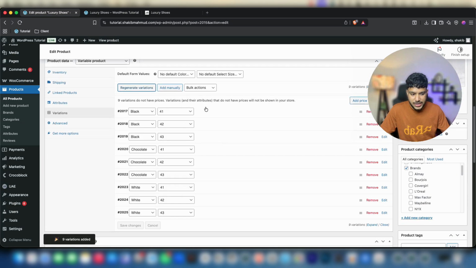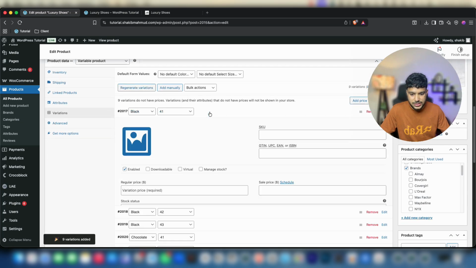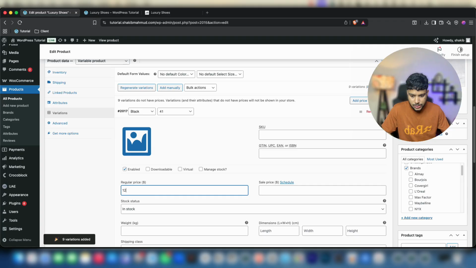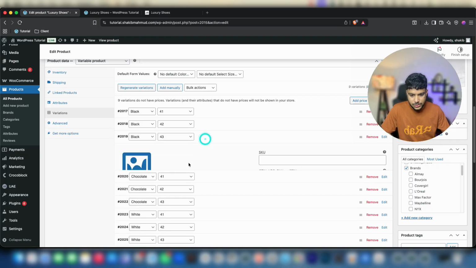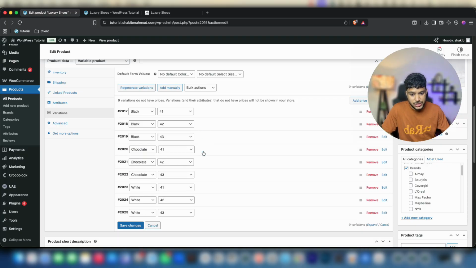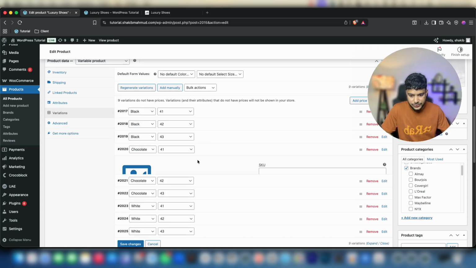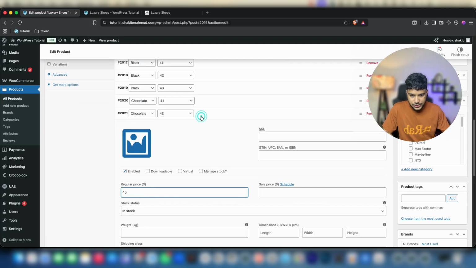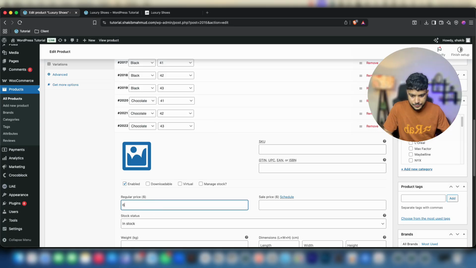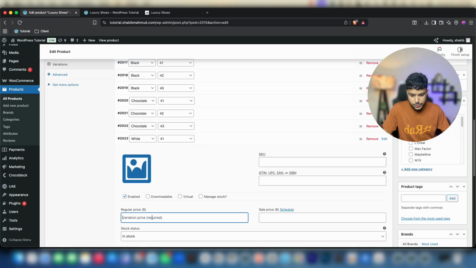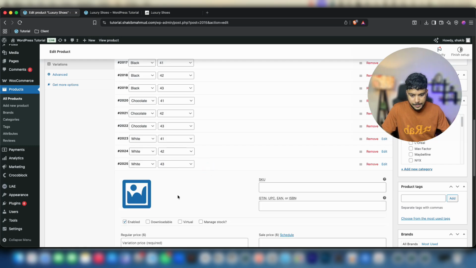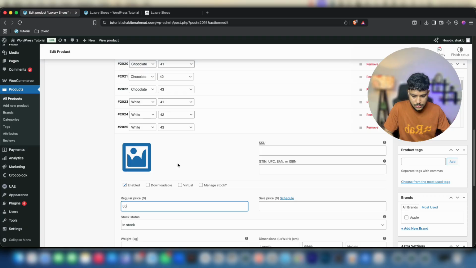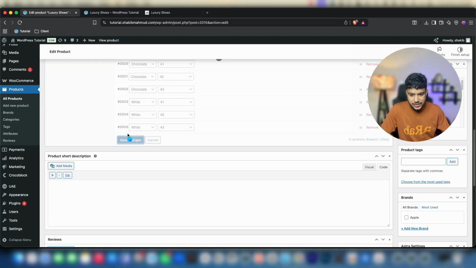Now here all the variations are added. So for the black and 41 size, this is the price. Let's say I'm putting 12.30. Let's give it a standard. This one is 31, 32, 34. I'm just showing you different prices so that you can see the difference. 45, let's say 45 again, 65. So I'm putting different prices actually. 56. That's it. Now if I save changes